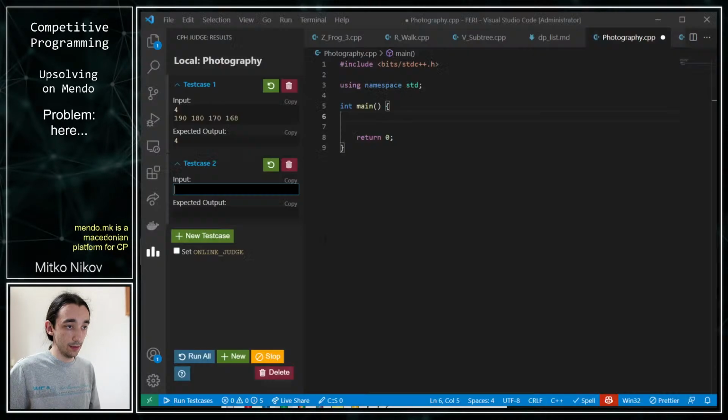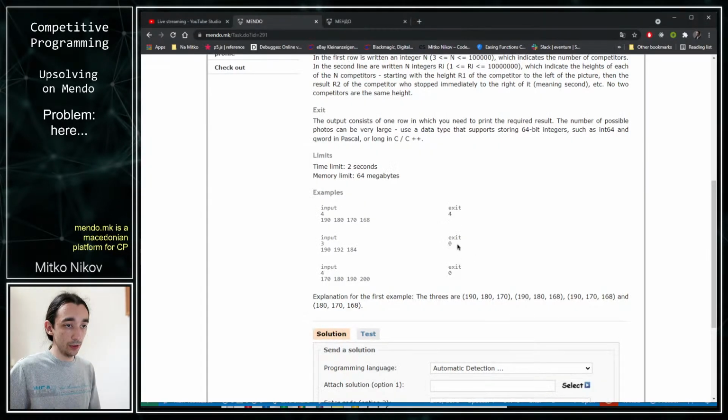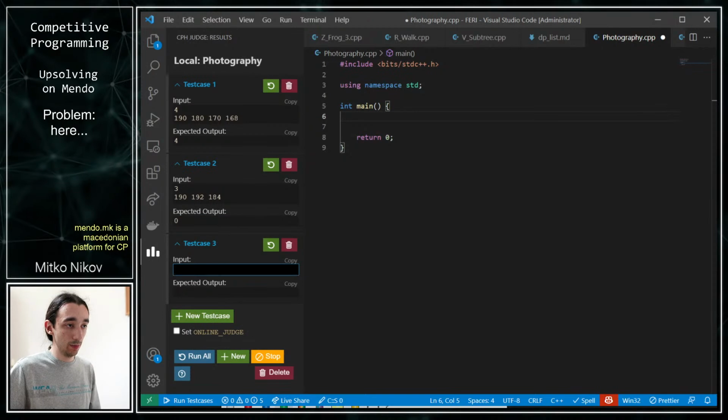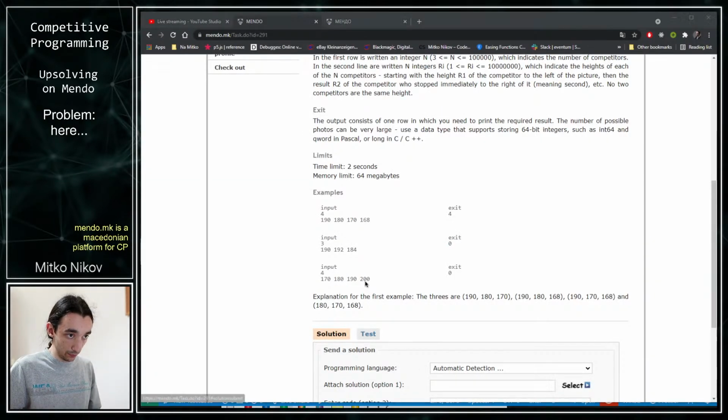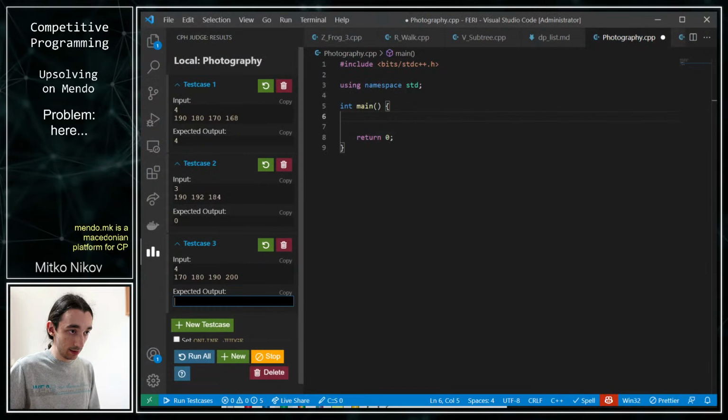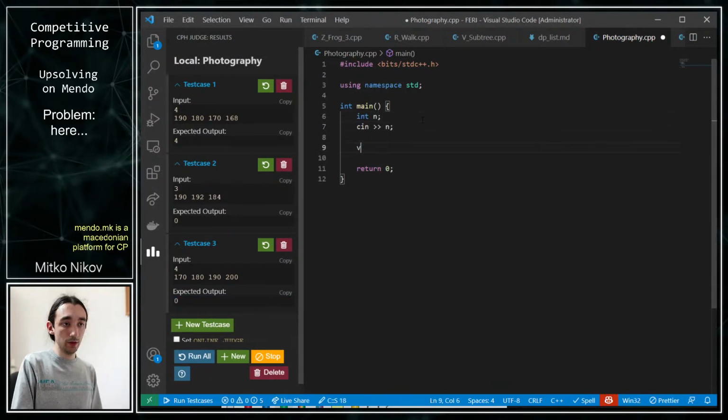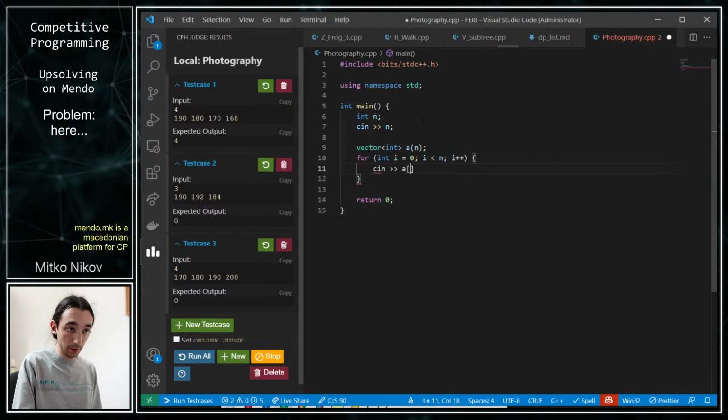What they give you as input must match the output, so for all these sample test cases, they must match. Very quickly, we just have a vector of numbers. Let's just call them A, because why not? Let's insert them in the vector. It's just an array, nothing more. And then we are going to have